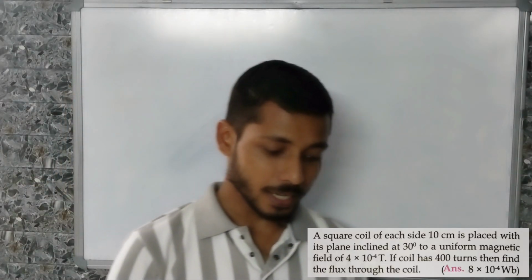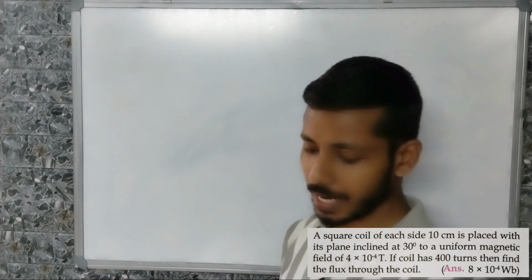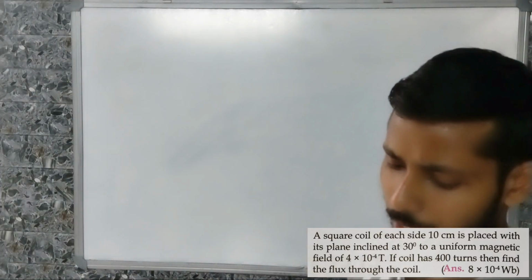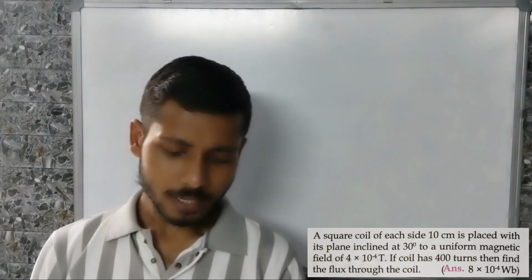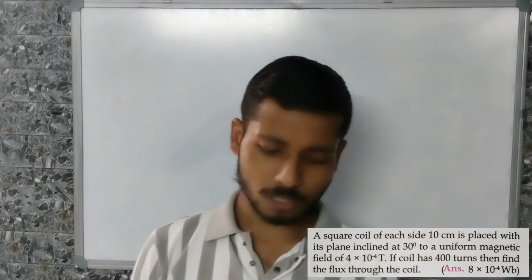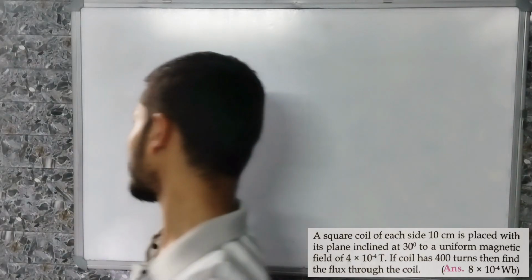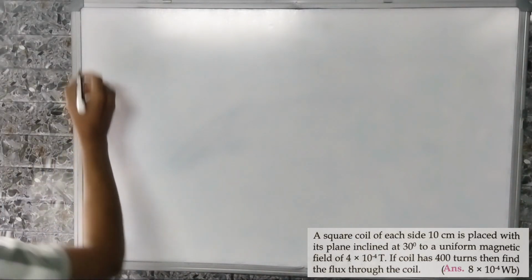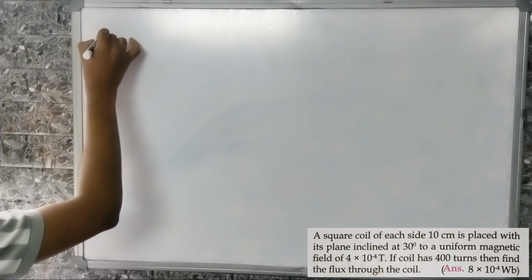ऑफ ईच साइड 10 सेंटीमीटर is placed with its plane inclined at 30 degree to a uniform magnetic field of 4 into 10 to the power minus 4 Tesla. If a coil has 400 turns, then find the flux through the coil. अच्छा, flux कितना है वही पूछा है। तो गिवन है a square coil